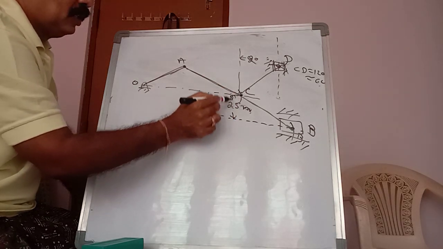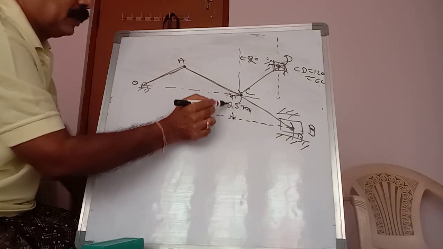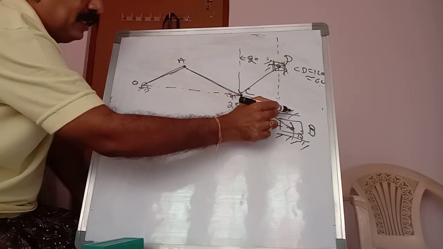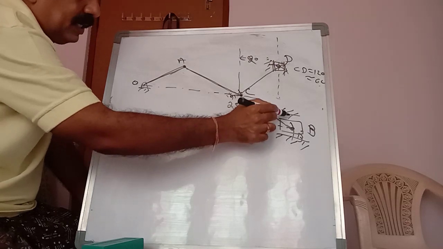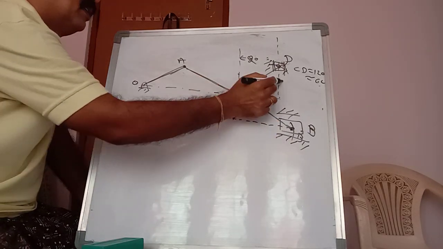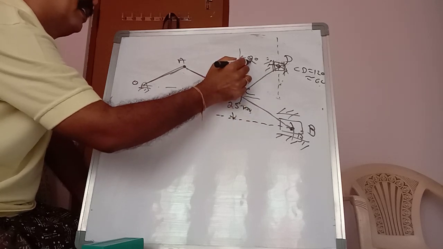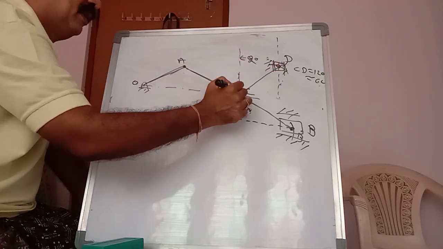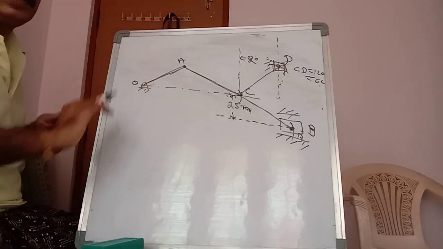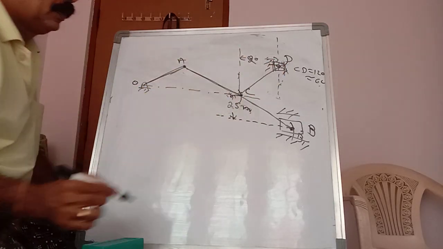And we know that these two will be at a distance of 50 mm, as per scale 25 mm. You draw another horizontal line. C as center, CB is again 60 mm with scale. So cut an arc, you get the point B. Now the horizontal distance between these two is 40 mm, as per scale 20 mm. So draw a vertical line, and CD is again 60 mm as per the scale. So this is the space diagram.